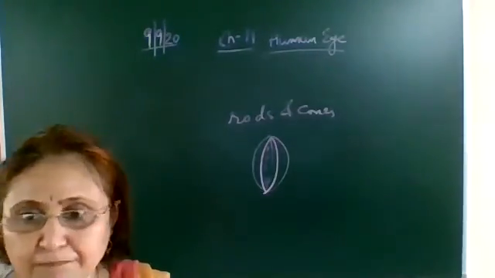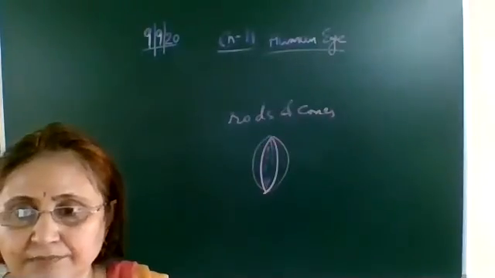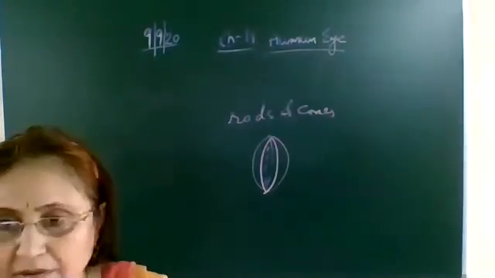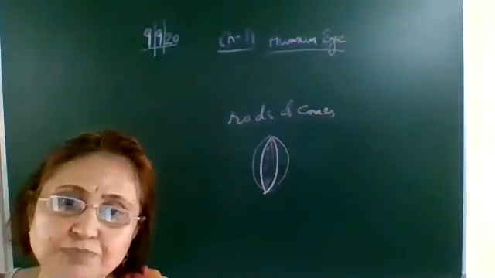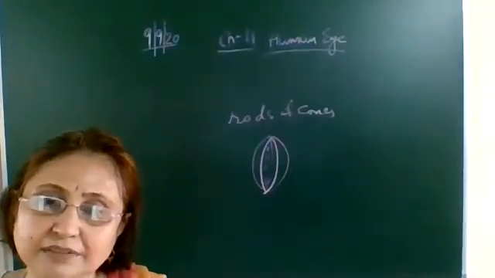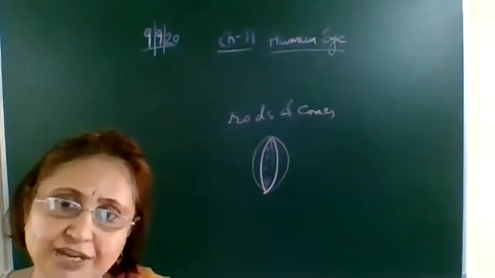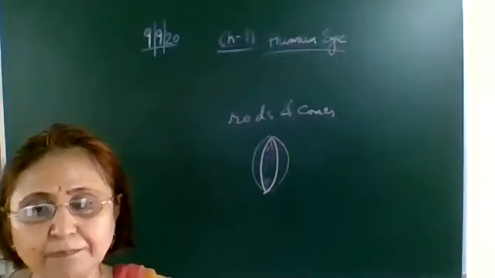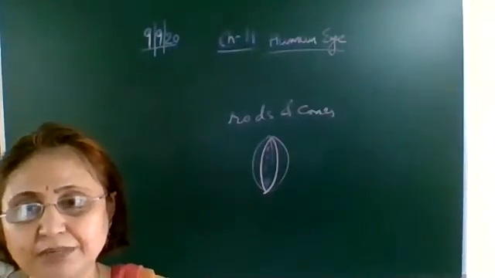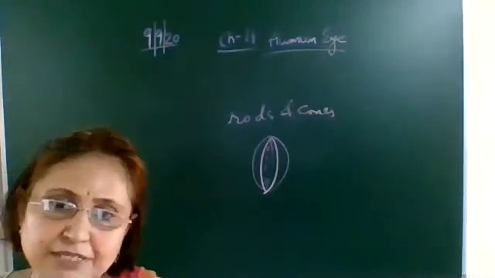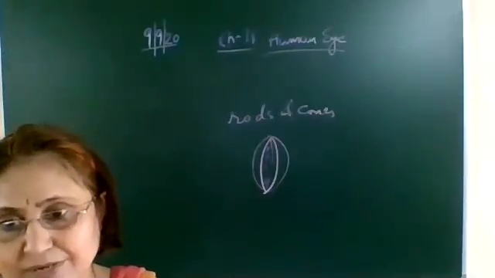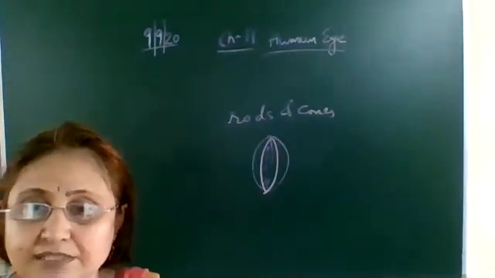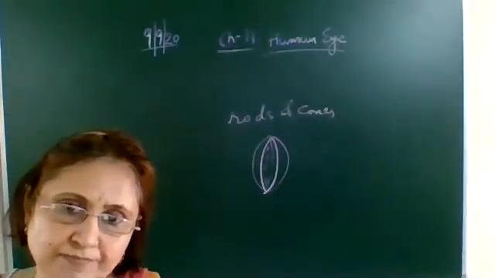So below a certain limit, the curvature cannot be changed. That is, you cannot see the objects clearly which are at a distance less than 25 centimeters. Only when placed at 25 centimeters can that object be seen clearly. So what is this distance, 25 centimeters? We call it the nearby distance.